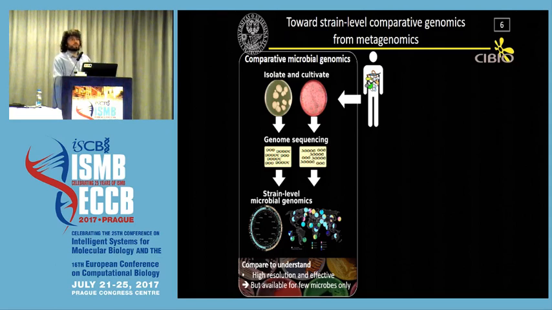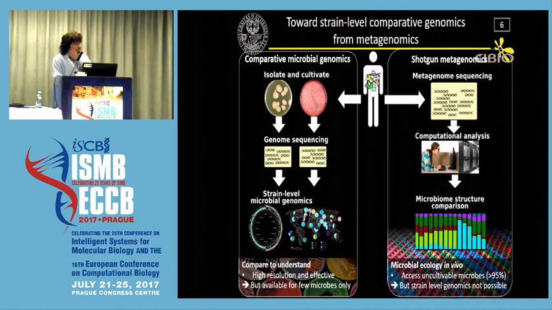You can't really do that for every microbe. So another approach is metagenomics, in which you can concentrate on the entire genetic content of a sample by looking at the entire community with one big sequencing. The problem was that, so far, achieving the same level of resolution as cultivation-based methods was quite daunting. And in the last years, methods to bring this kind of resolution to the metagenomic field